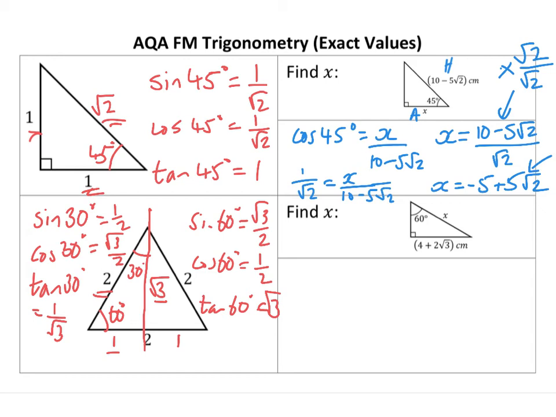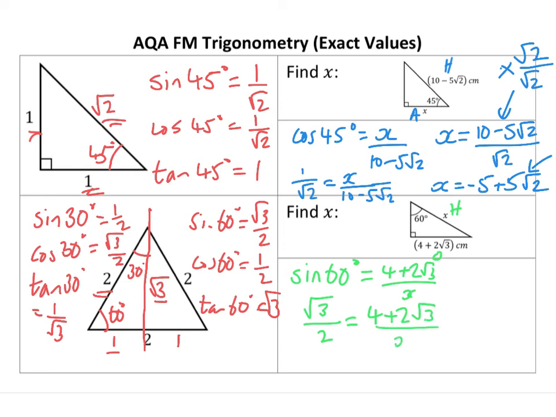And finally, in green, I've got the opposite and hypotenuse. So I'm going to have sine of 60 equals 4 plus 2 root 3 over x. Okay, now sine of 60 is root 3 over 2. So root 3 over 2 equals 4 plus 2 root 3 over x. If I rearrange that, I end up with, excuse me, 8 plus 4 root 3